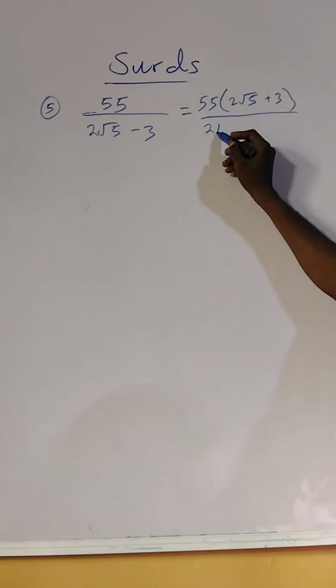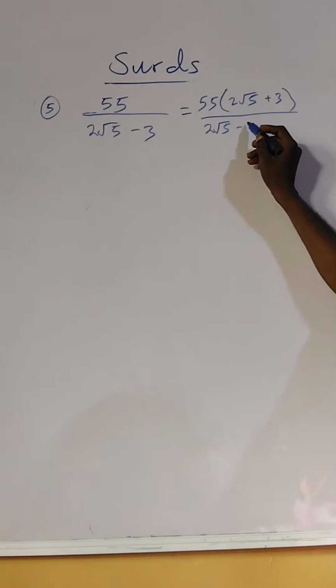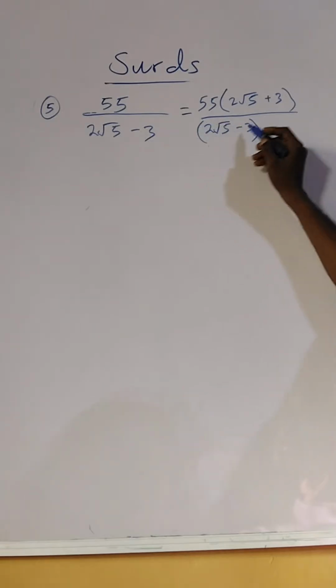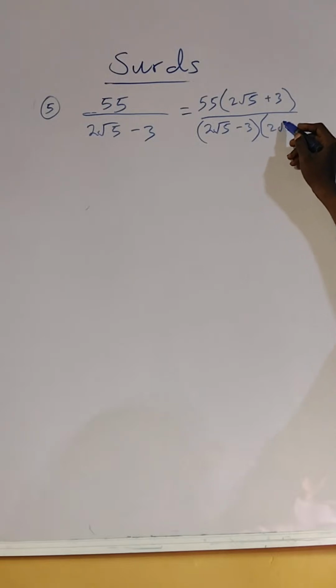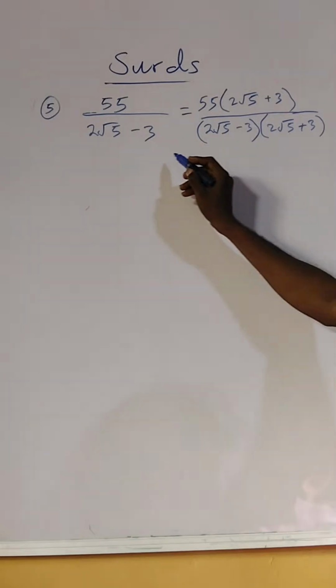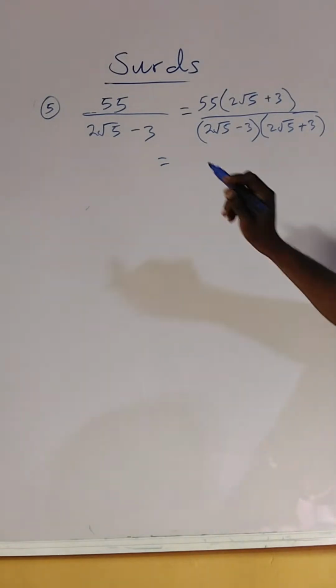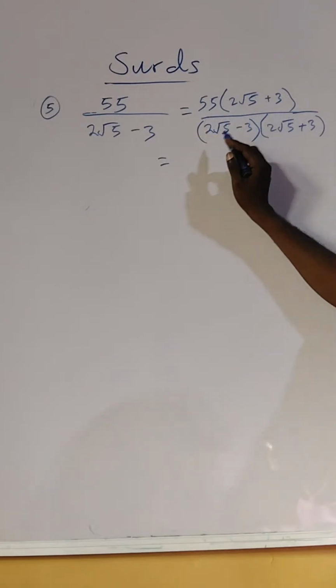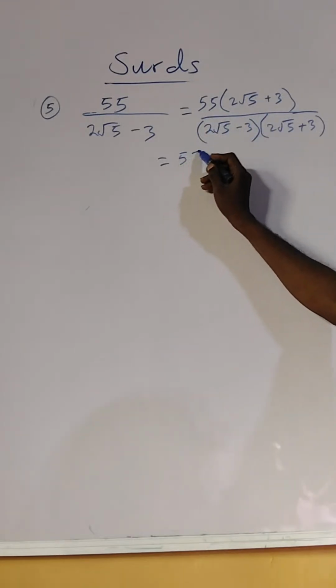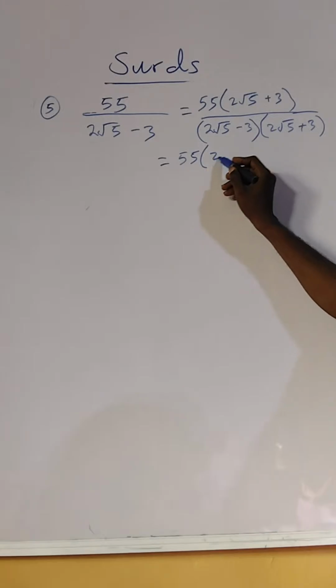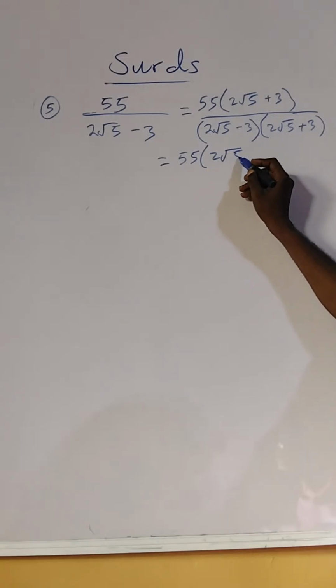That is 2 root 5 minus 3 times 2 root 5 plus 3. Okay, so now when we simplify further up here, since it's just a number, you can still maintain it as 55 over 2 times 2 root 5 plus 3,